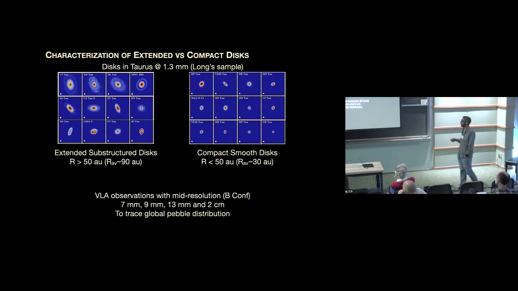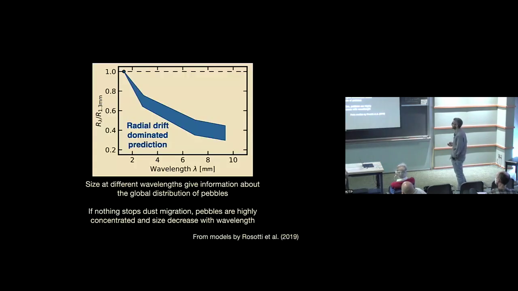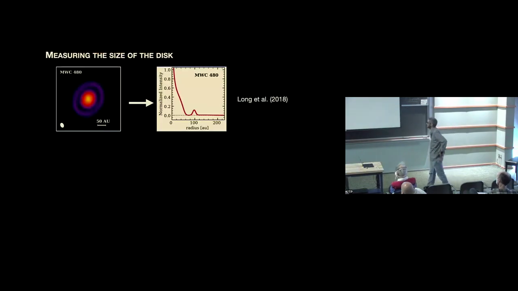At 7 millimeter, we can trace the location of the larger particles, and we are observing optically thinner emission. So that was the idea. If you have something that does not stop dust migration, you expect to go to longer wavelength to have the emission more concentrated. So we measure